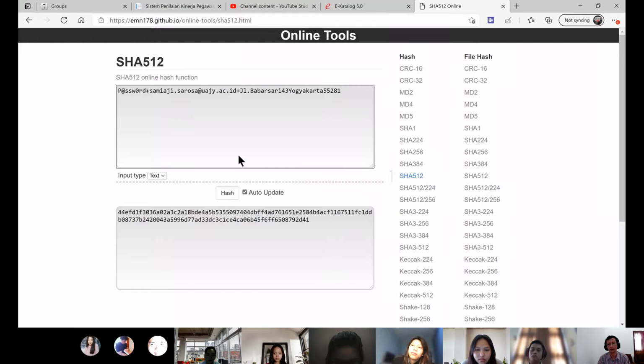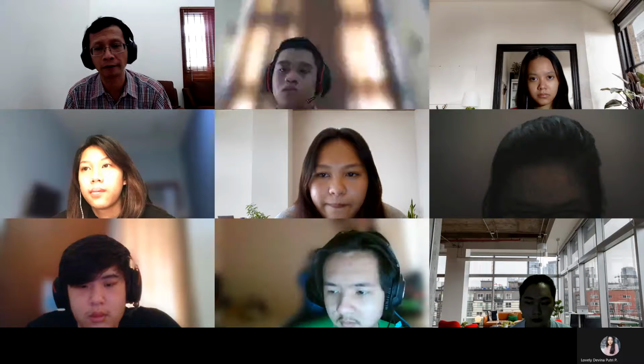So it will change. The password itself is only this part, and from the plus sign until the end, this is what we call the salt. So the computer will only try to reverse this to this, and then they know that the password is the first word in front. Okay, so that's the practice for securing our data.